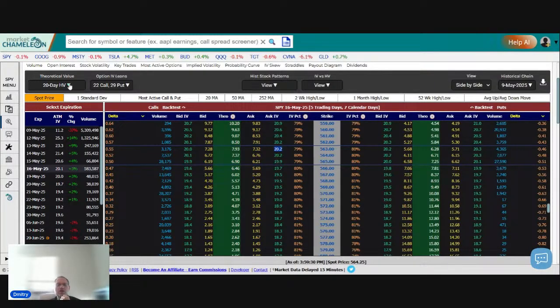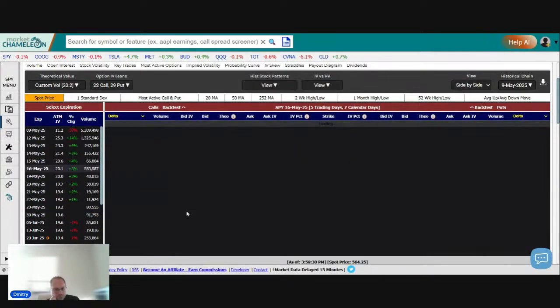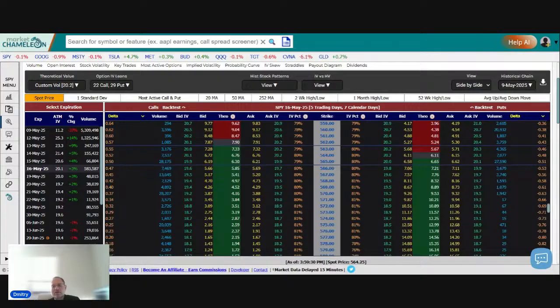If everything was exactly the same implied volatility, then there's no skew. But let's plug in a custom volatility. I'm going to put custom, and I'm going to set it to 20.2. I'm going to hit OK. And now this is going to run a theoretical value based on 20.2. So you could see here that we're already close. We're at 7.07, right at this 20.2. That's exactly where this offer is,